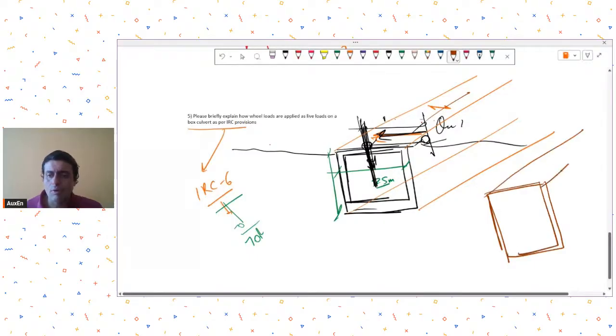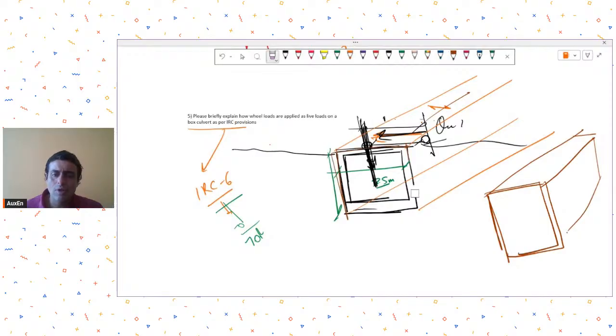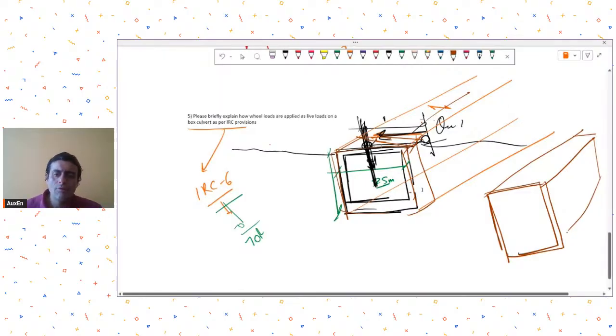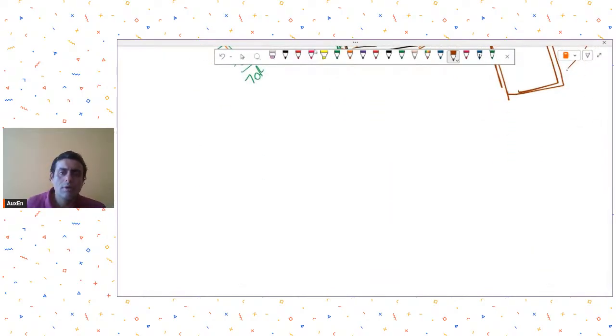If you want to avoid making the entire model, you may just take a one small width model, a representative, let's say 1 meter model, and just apply the loads. In such cases you may apply it as a point load. If you want to make a full 3D model, so if you have decided to make a full 3D model like this,